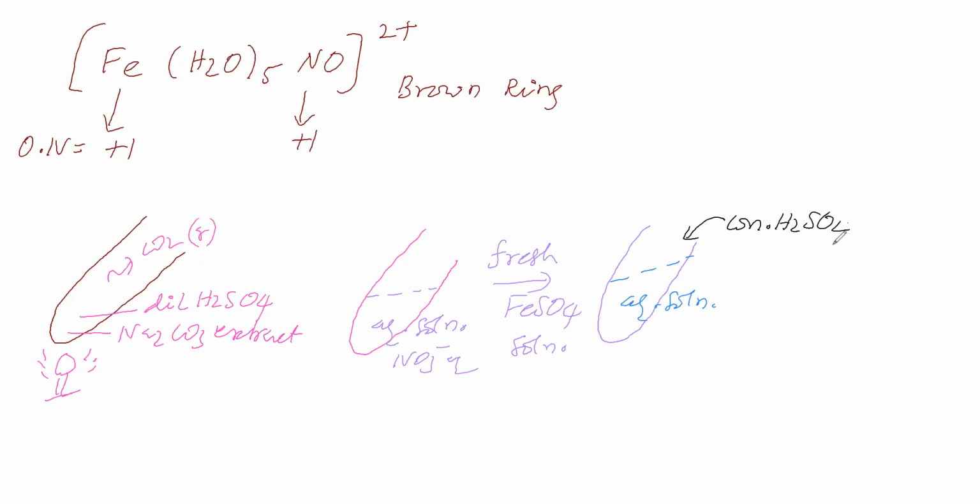How to add concentrated sulfuric acid? Using a dropper tube, drop by drop. That drop should go like this. So keep the test tube inclined and add concentrated sulfuric acid such that the drop is falling over the inner wall of the test tube. The drop should move like this. Don't add the drop directly to the center of the solution.